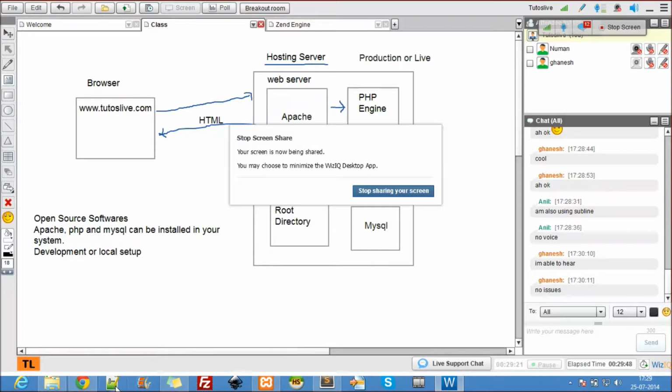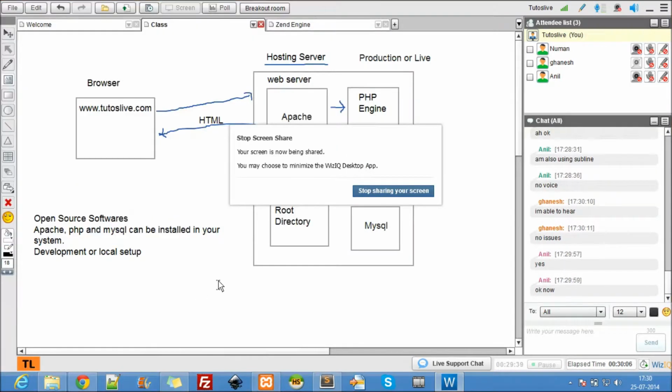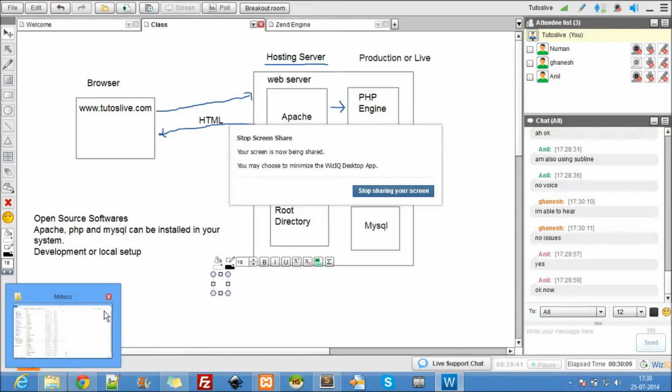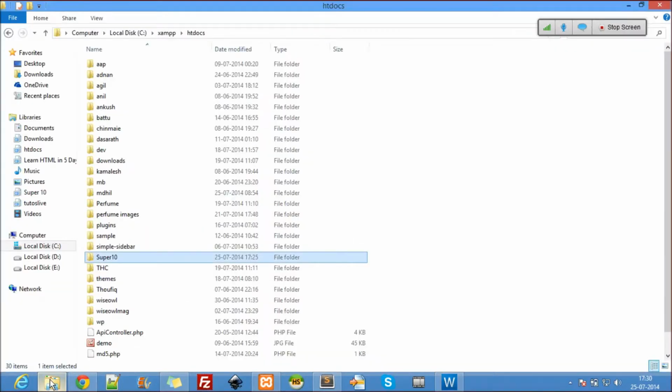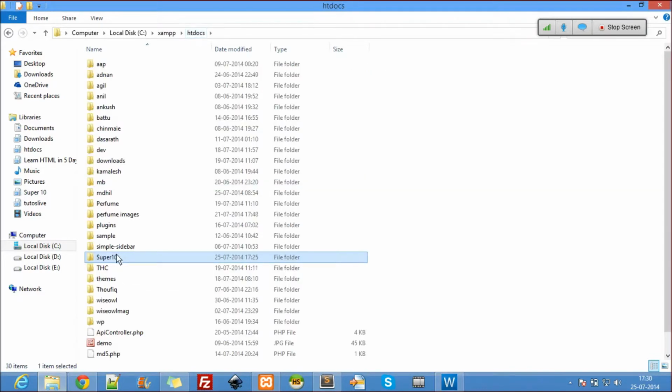So let's just see our first program. How do we write our first program? Any questions here regarding installation? Do not ever forget to start these. You have to start these two, and always try to save your files inside htdocs only.